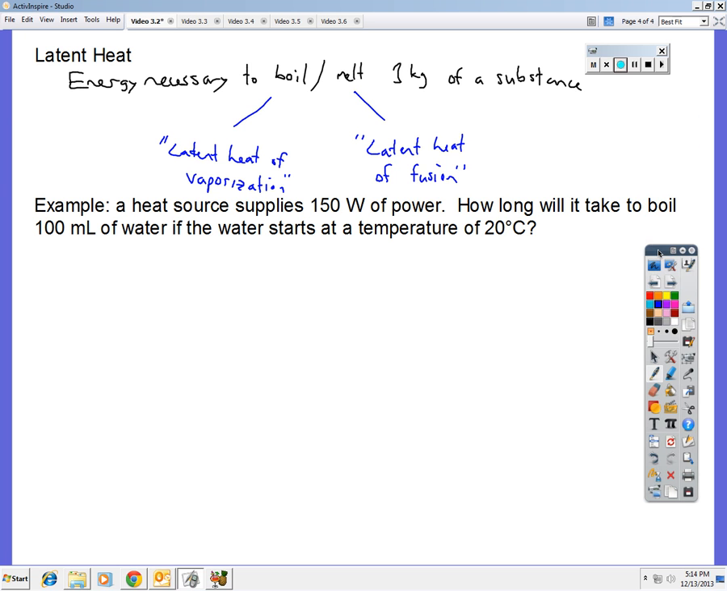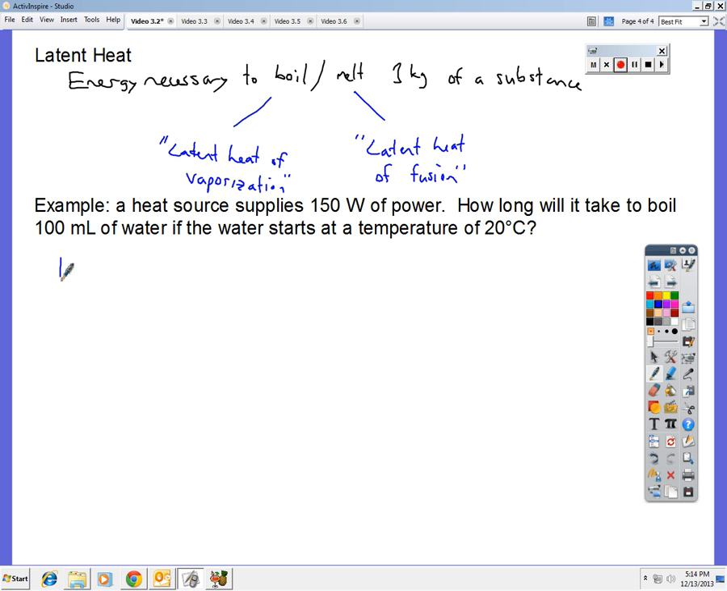So let's look at this example where we have a heat supply that provides 150 watts of power. That means it's giving us 150 joules of heat every second. The question is, how long will it take to boil 100 milliliters of water if the water starts out at a temperature of 20 degrees Celsius? Now we know that when we add heat to a substance, we can either increase its temperature or we can change its phase. So before we can make this change phase, we need to raise all of it to the